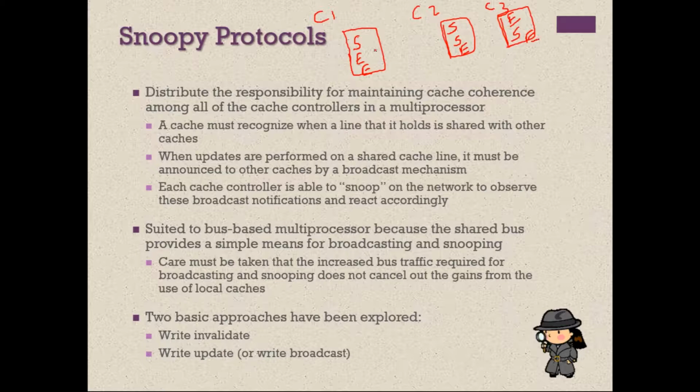Okay, so E represents exclusive, which is not shared, and S represents shared. Now assume that this first line of cache 1 is available in cache 2, and it is available in cache 3 also. Now if it is shared, then this cache should know that this is shared. But it is shared with whom, all those things it may not be knowing, but it just knows that it is shared.